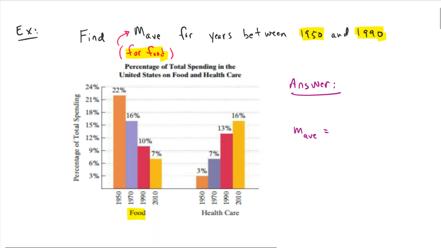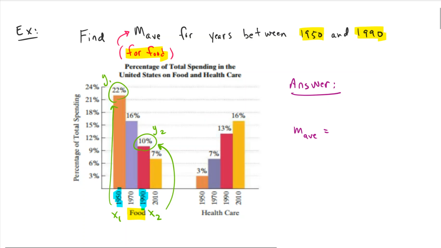So if we look at those two years as 1950 and 1990, those are going to represent our x values. So 1950 will be our x1, 1990 will be our x2, and the height of the corresponding columns will represent the y value. So the 10% here, that's going to be y2, and the 22% will be